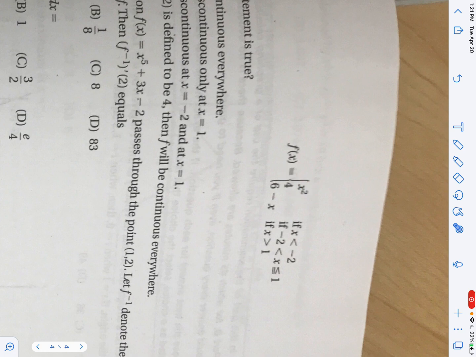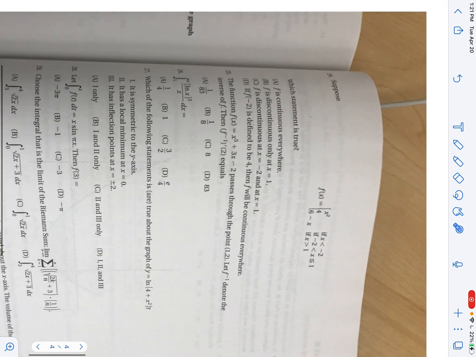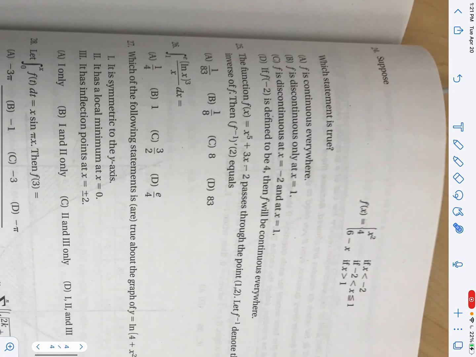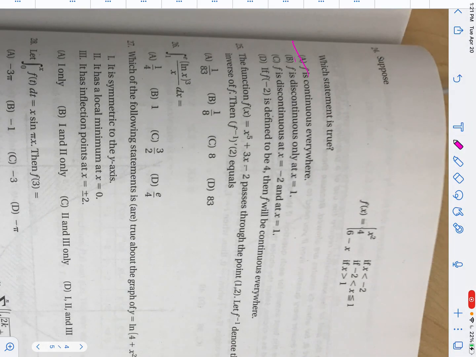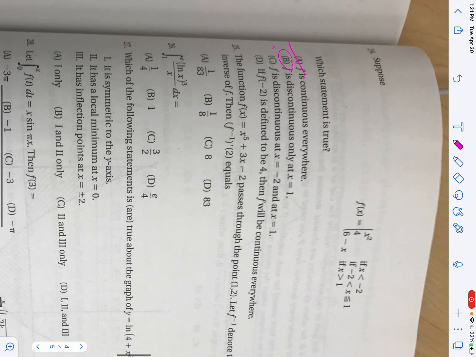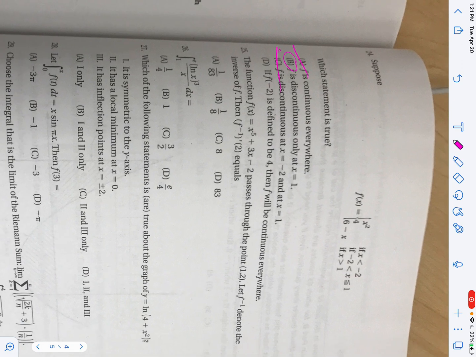How about at 1? On one side of 1, it's 4. On the other side, it's 6 minus x, which is approaching 5. So there's a discontinuity at 1. So what do we got here? Not continuous everywhere. Discontinuous only at one looks right, but let's read the others. C says it's discontinuous in 2 places. D says we have to fill stuff in. So,